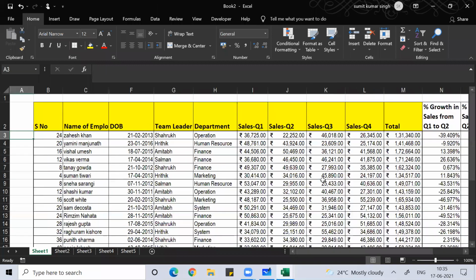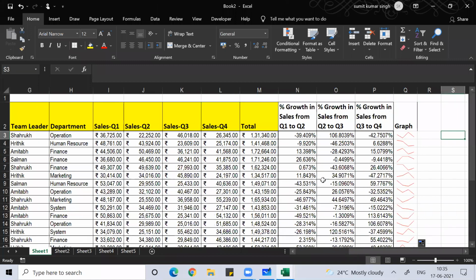Clear, everyone? Sparkline, you can do a line graph.